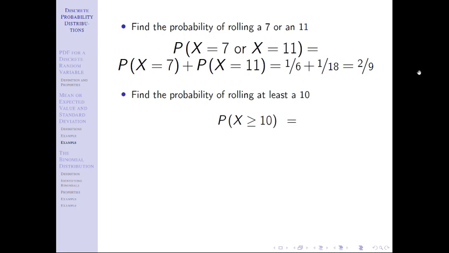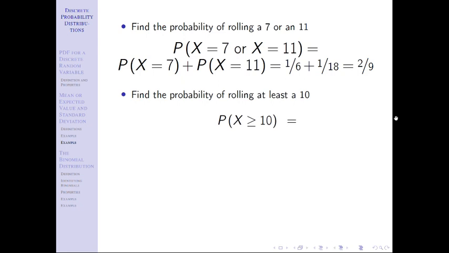I have no table that translates greater than or equal to's. I have tables that have f of x, and f of x is the same as probability x equals something. Notice this is not x equals 10, right? If this says probability x equals 10, boom, just go to the table. This isn't what the table gives me. The table does not give me greater than or equal to's. So it's just like the last problem. I have to say, okay, I can't just get there. I have to do something different. What do I do? I need to rewrite this in a different way.